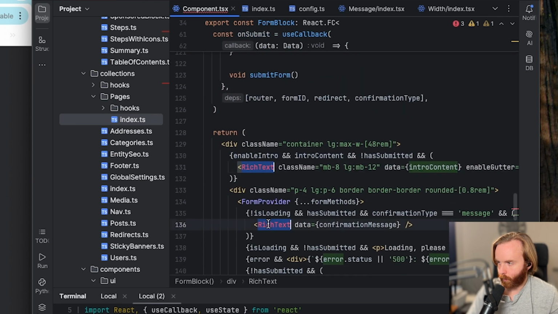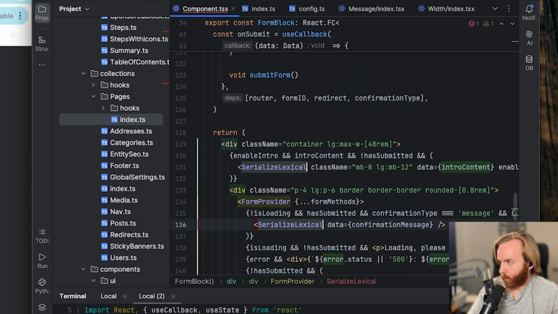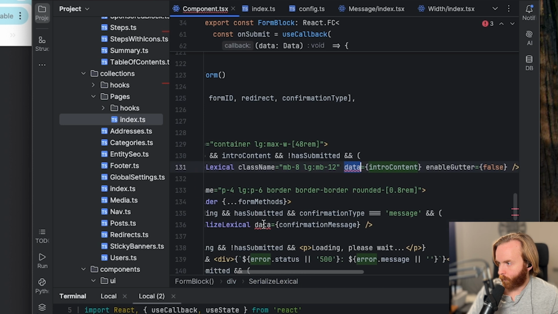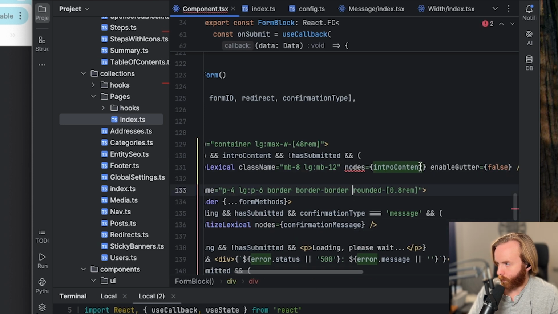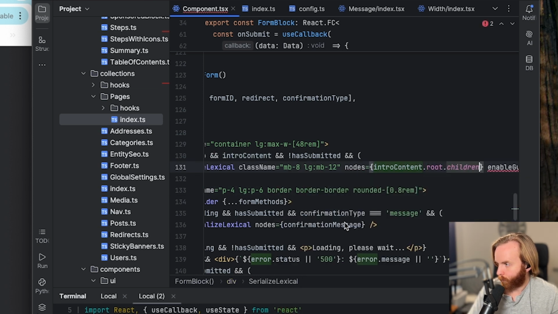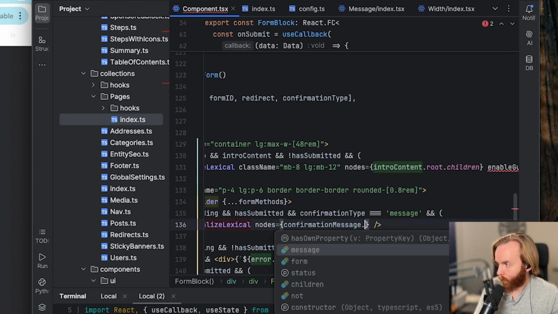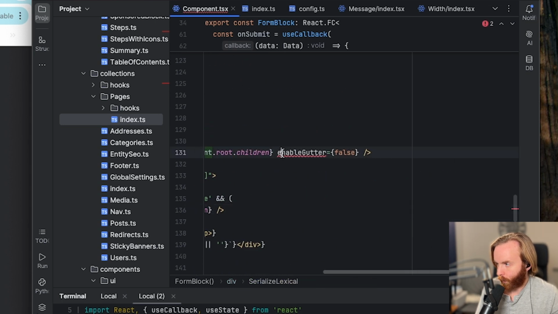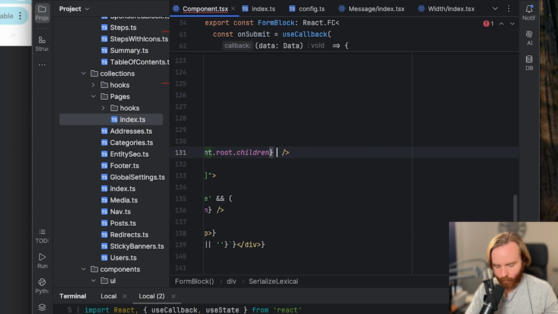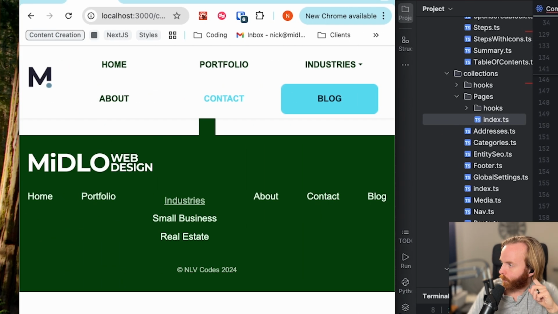Do my own here. Do no, not notes, nodes dot root dot children. And I don't have enable gutter in mind, so I can hit false to that. All right, so